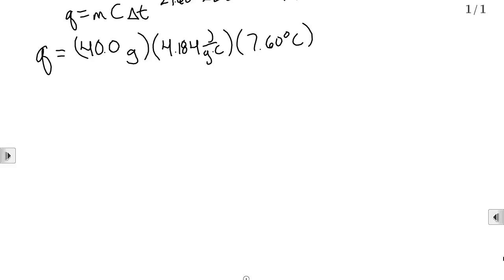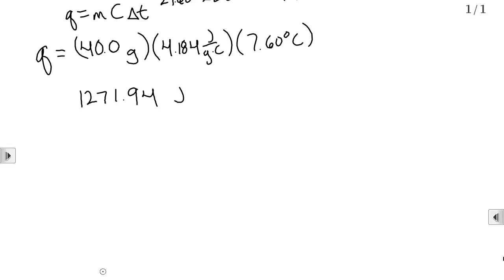That's not the worst thing that's ever happened to me, right? So hit the button on your calculator. What I have here is 1271.94. And I'm not done here. I'm not finished. And that's joules. Now remember, the whole point of this was to find the enthalpy of the reaction, which is